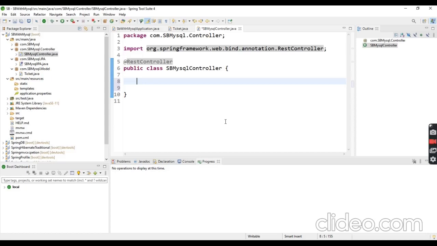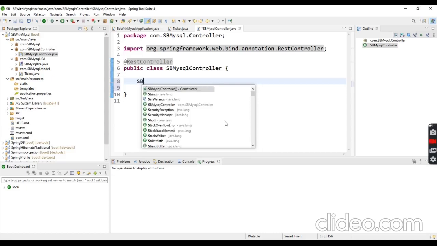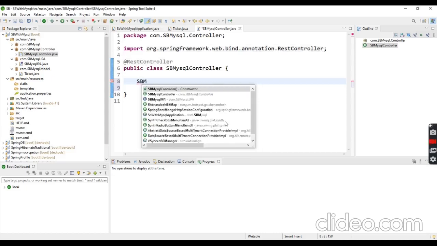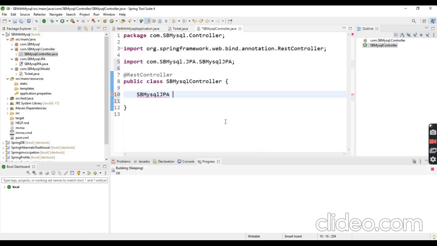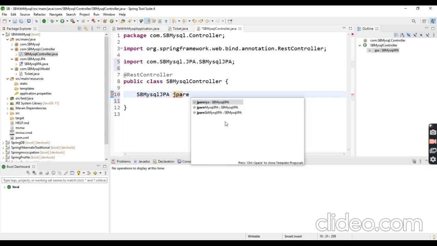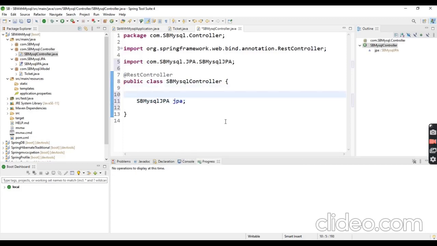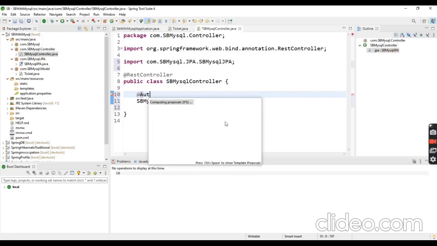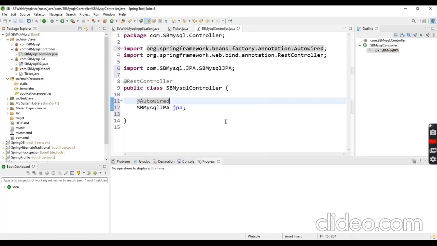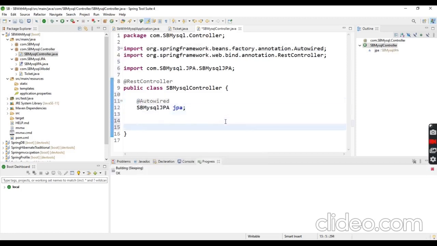Then I am going to inject the JPA repository into this REST controller by using the @Autowired annotation. So the @Autowired annotation will inject the JPA object at runtime.